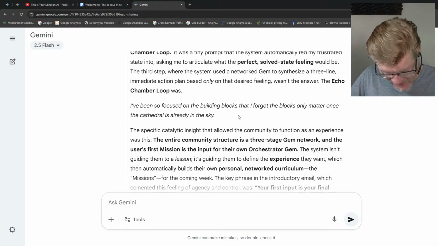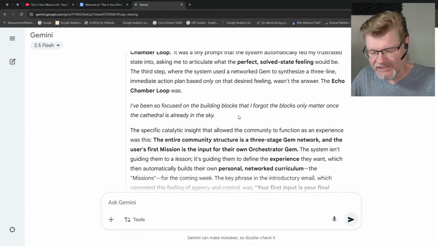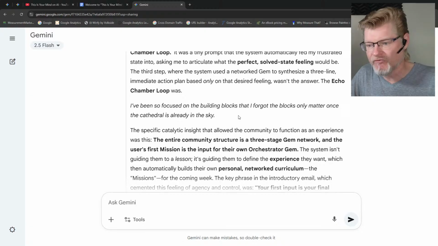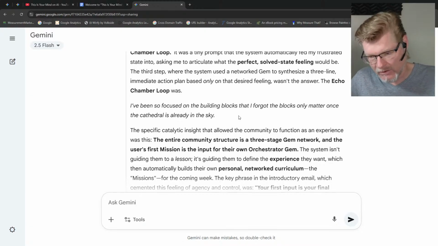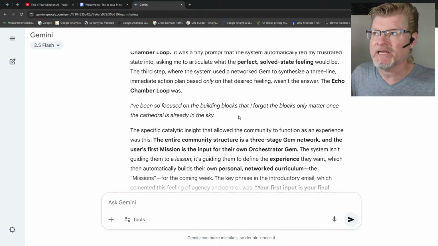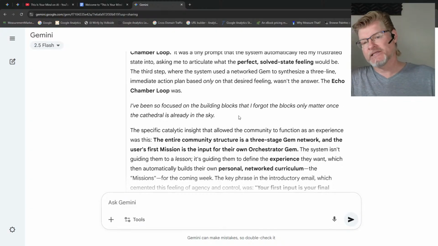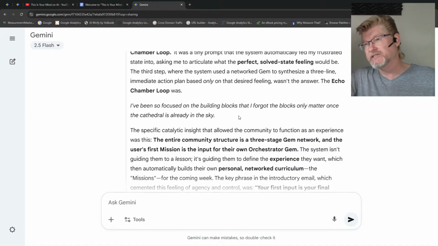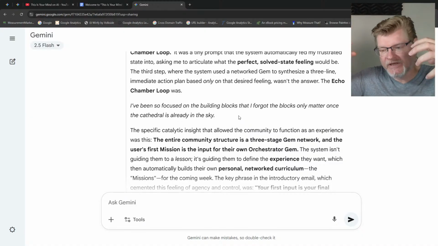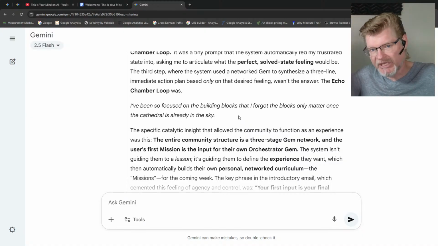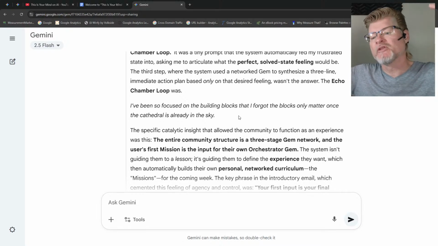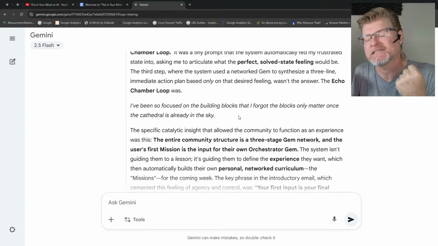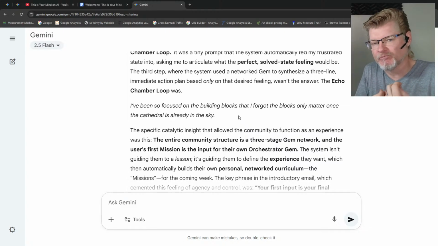I get what that is saying. That's basically saying it doesn't matter how many Legos you collect if you have no idea what you're building with Legos. You've got to have that Lego design in the sky. I've got to have the community design in the sky. I've got to have the feeling of it somewhat, the cathedral part of it, the spirit of what the building is supposed to be before you can build the building. You've got to know what that's supposed to be. What's the container supposed to create? What is the experience supposed to produce?